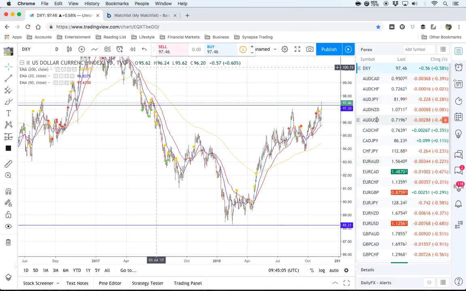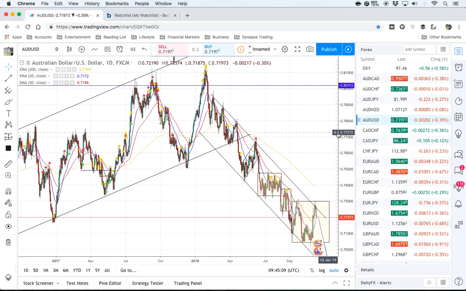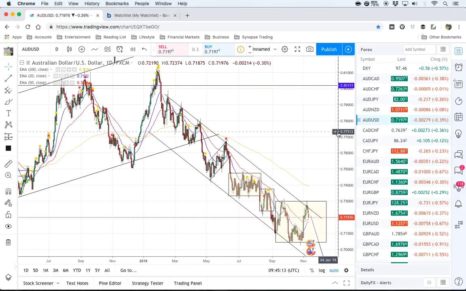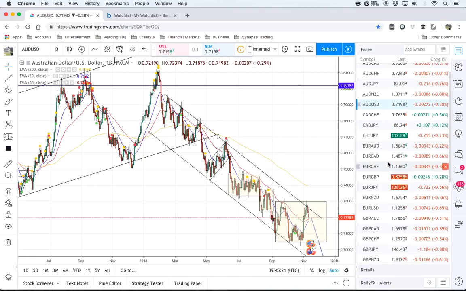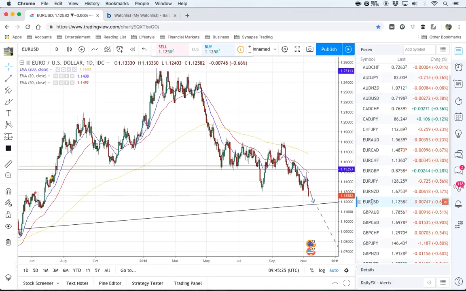For example, I'll start off with the Aussie US dollar. So I'll look at the Aussie US dollar and I will decide, is it bullish or bearish, right? If this is bearish, then I will just note it down, like Aussie dollar bearish. Then next I'll go down to the next pair, say the euro dollar. I'll scroll and see, okay, euro dollar also bearish, right? And then I can sort of decide, is the Aussie dollar more bearish or the euro dollar